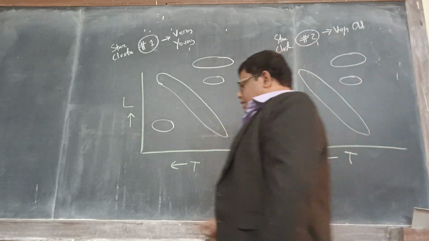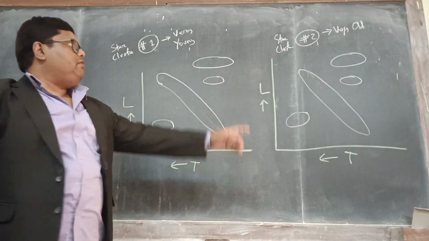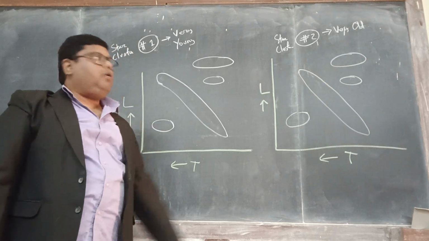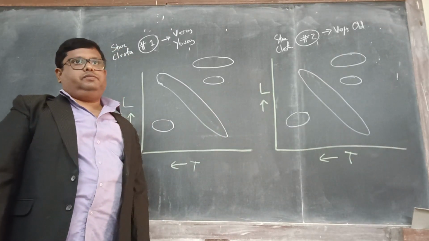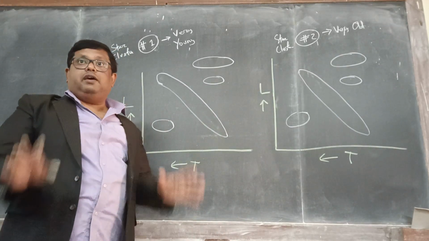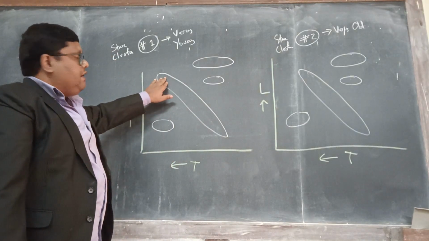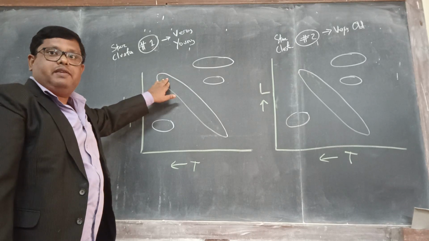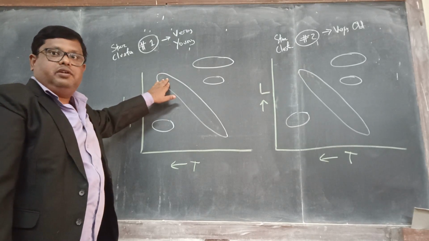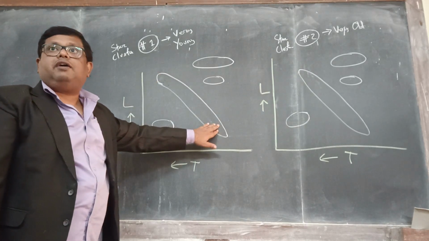Okay, so let me first talk about the very old one. What will you see in the very old star cluster? Remember what I said previously? Previously, I told you that